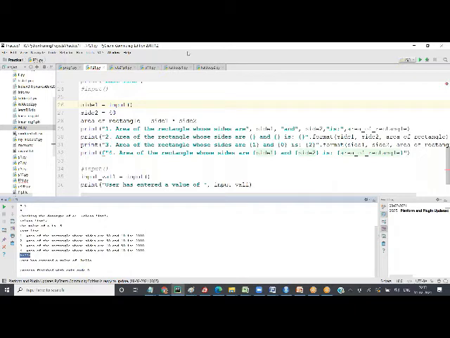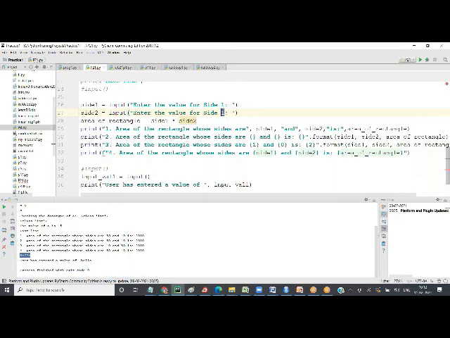So I can say here input, "enter the value for side 1", or whatever. And I can go here and say "enter the value for side 2".